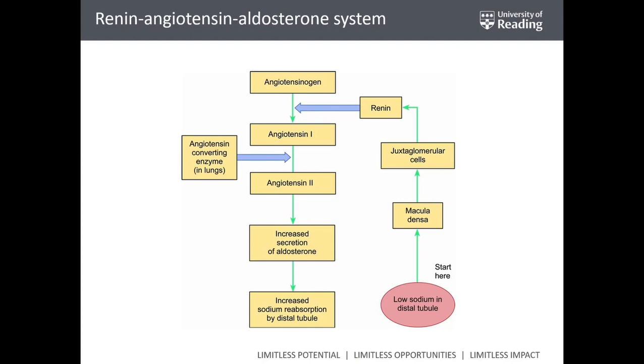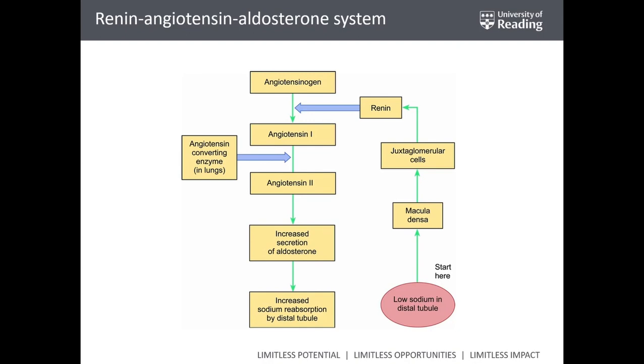angiotensin 1. Angiotensin 1 reaches the lungs, in the lungs there is an enzyme called angiotensin converting enzyme, which converts angiotensin 1 into angiotensin 2. Angiotensin 2 in itself is a vasoconstrictor. So it promotes the contraction of muscular